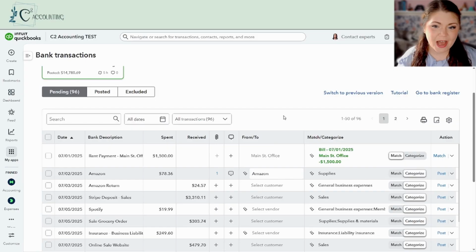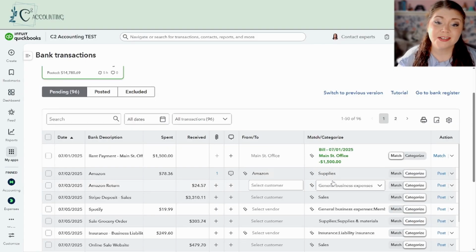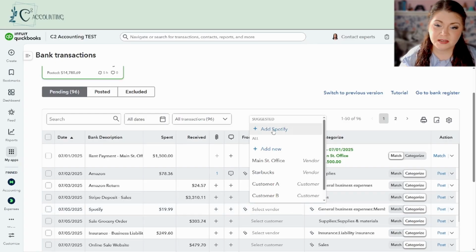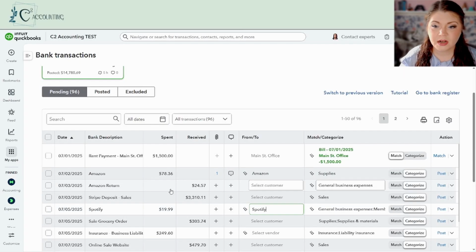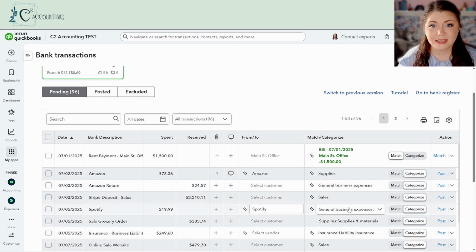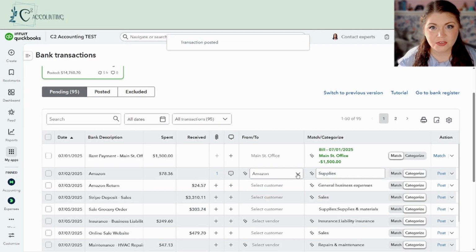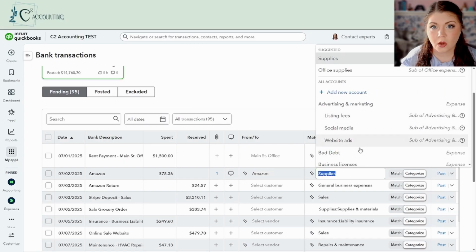QuickBooks integrated AI features, which are marked by this diamond star symbol, will suggest categories or matches based on your history. Remember, this is predictive, not final. You'll often need to review or double check that things are set up properly. If the AI suggests the correct vendor or customer and the correct category, you can leave it as is and simply click Post. If it needs adjusting, you can use these drop-down menus to change the category or select a